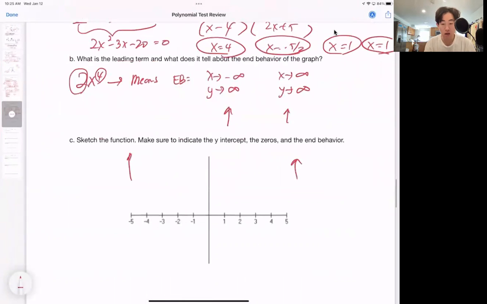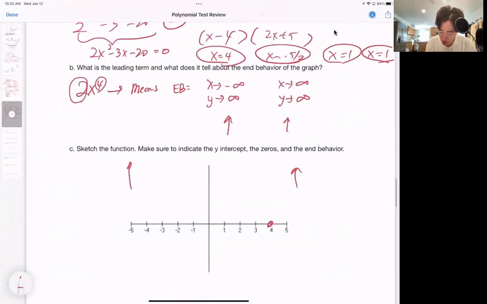So I have the end behaviors, both arrows going up like this. I'm going to plot the zeros, 4, negative 2.5, and 1. So here's how it's going to look. Draw the arrows. It's going to go through at negative 5 over 2 because there's no multiplicity there. It bounces off at 1. And then it's going to come back down and it's going to hit the 4 because it goes straight to